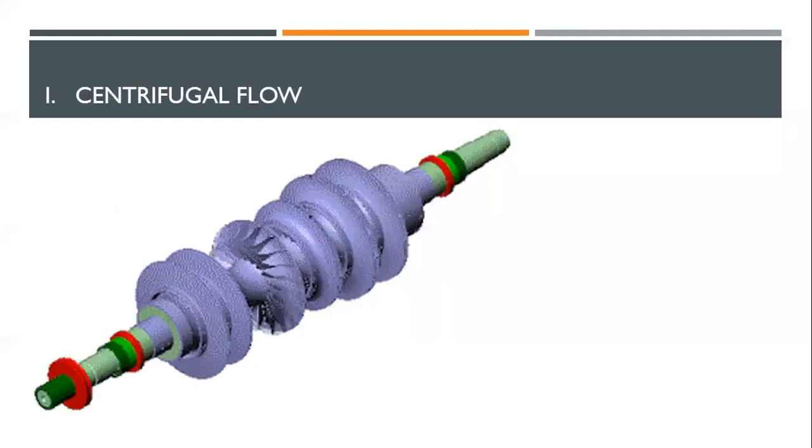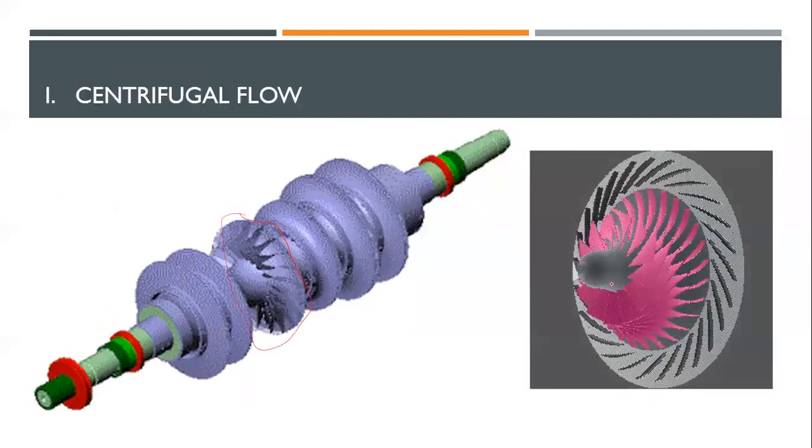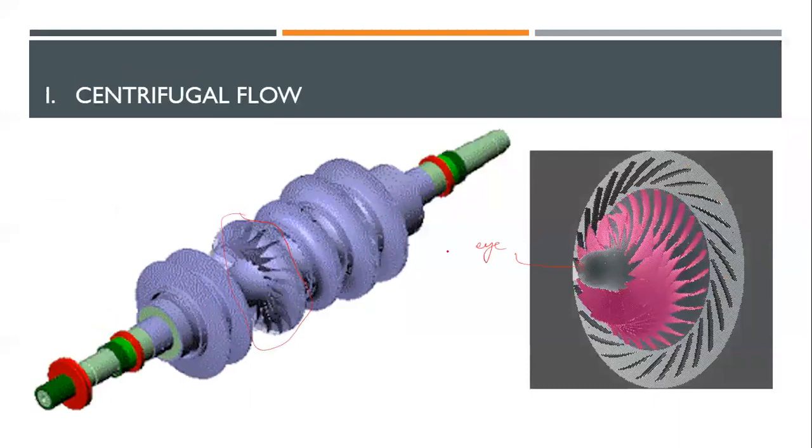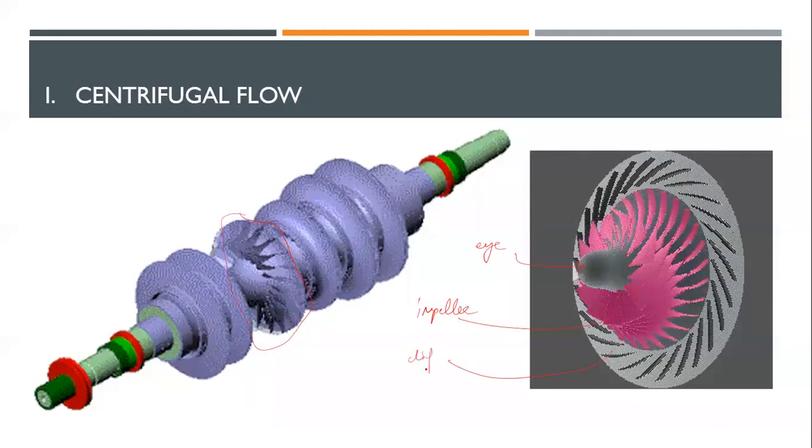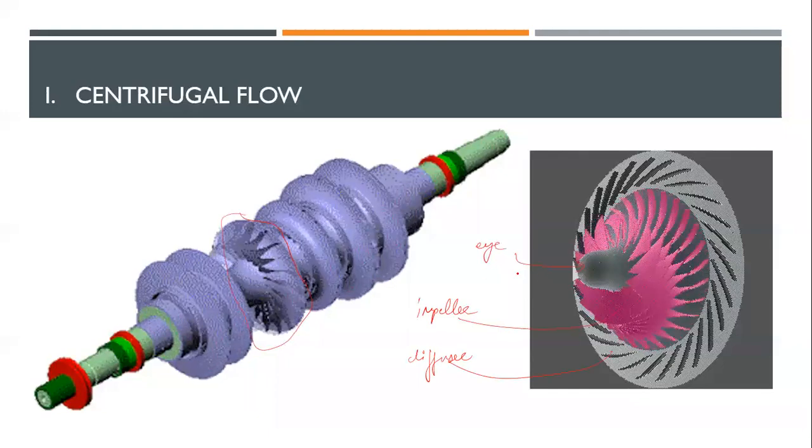So this is the centrifugal compressor. You can see this part. We'll discuss the centrifugal compressor now. It has two parts, and I'll explain on this only. This is the eye, where you introduce the air. This part is known as the impeller, and this part is known as the diffuser. Just giving a slight introduction to all of this. The eye is where the airflow is introduced.